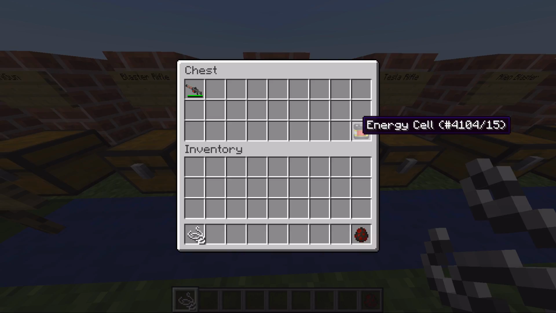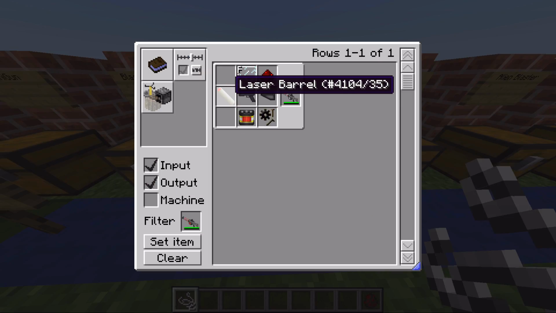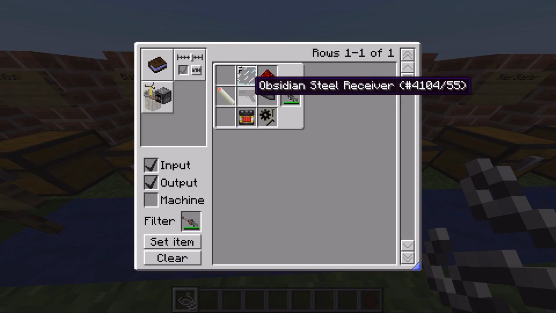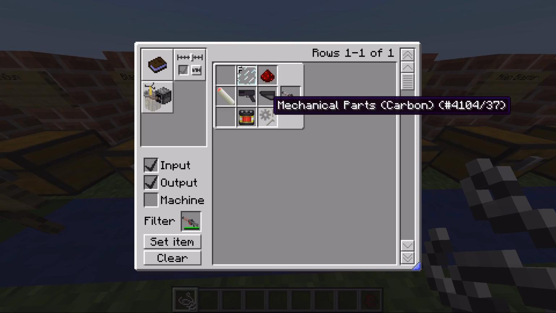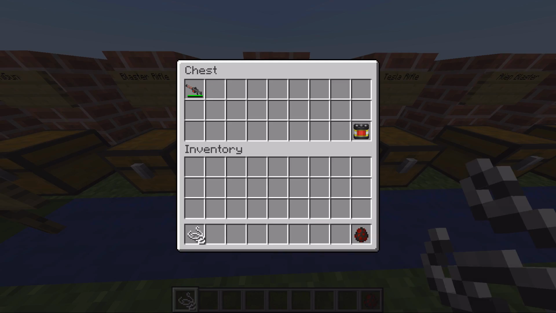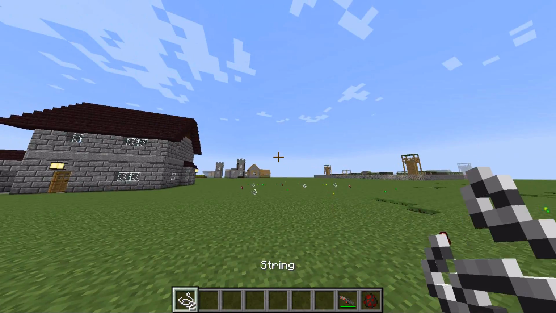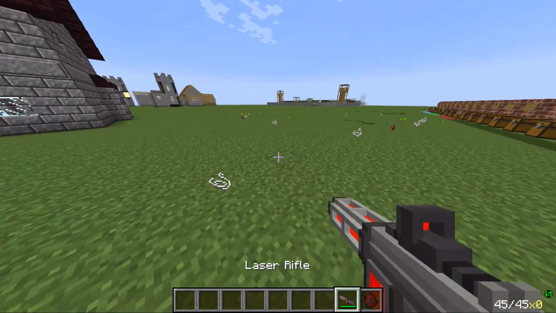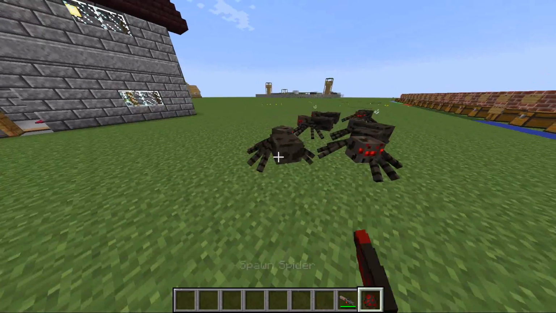Its ammo is the energy cell, and this is how you craft it. You need a laser barrel, glass pane, redstone, plastic gun stock, obsidian steel receiver, mechanical parts, carbon, and an energy cell to craft it. Let's just get it up in here. I don't want this string. Get out of here. And then let's just spawn in some spiders, and let me show you how this one